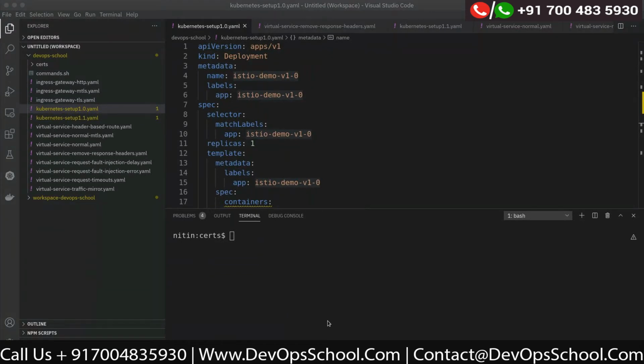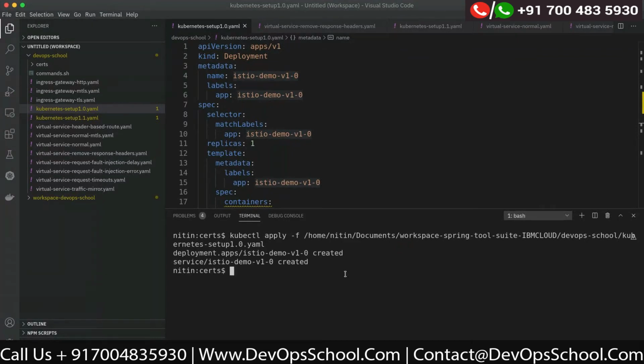So let me try and apply it. So this is my version 1.0. I'm going to share all these files with you after this so that you can try on your own as well.